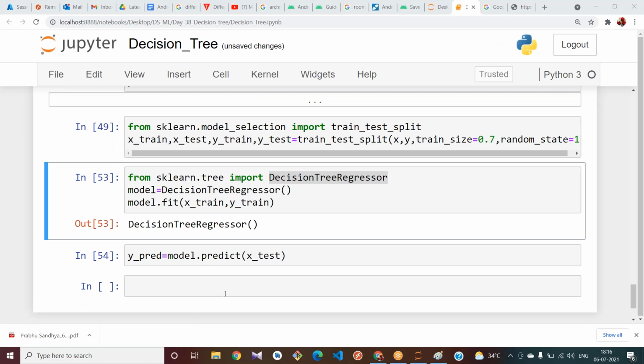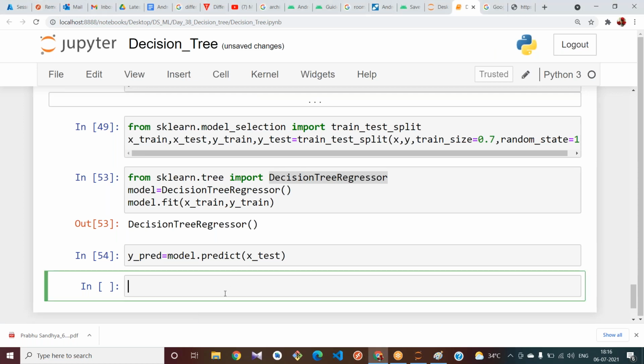Let us see the score. From sklearn.metrics import r2_score, and we will also get the mean squared error.